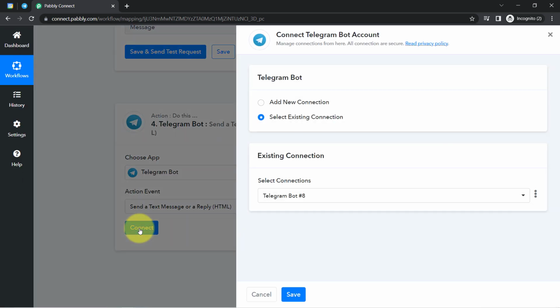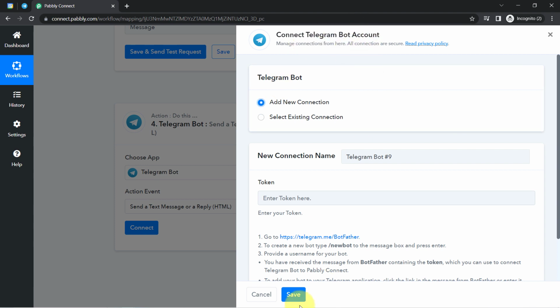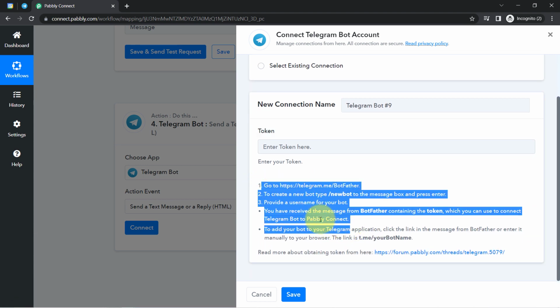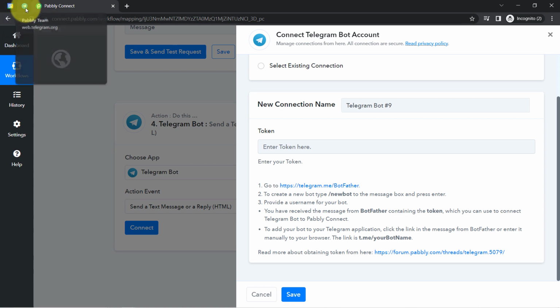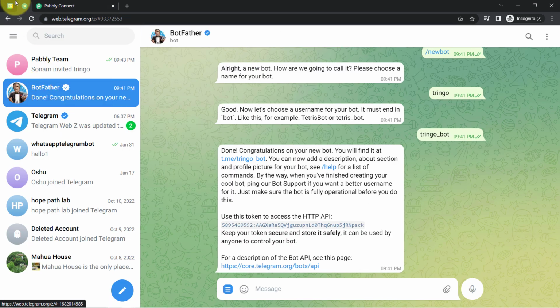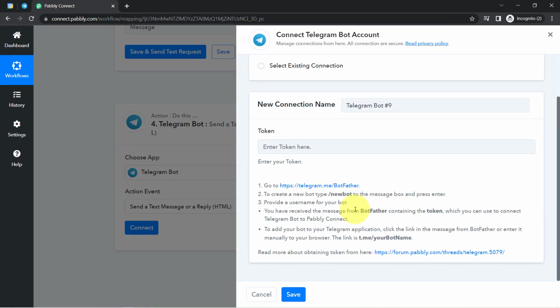And again, just like I have connected Google Calendar and Pabbly Connect, now I'm going to connect Telegram with Pabbly Connect, for which it is asking for the token. Okay, so again, read the instructions one by one, very carefully. Firstly I will take you to my Telegram section, and here is the BotFather. You will have to click this BotFather from here, and after that you will have to follow these instructions